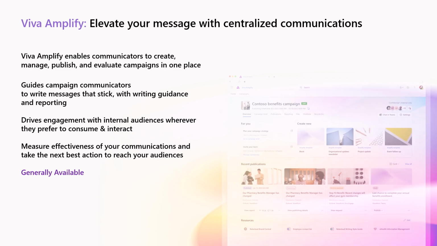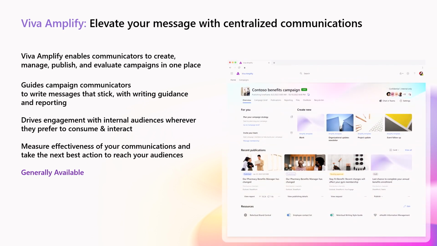All right, so when we think about understanding what we can do with Amplify, this is about how I reach those people wherever they are. I want to help take that message to the next level. Whether that message is a monthly update for your project, all the way through to corporate communications expressing leadership outcomes, we want to make sure you have a great place to do that.